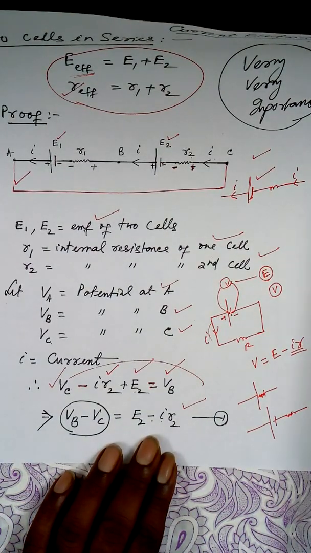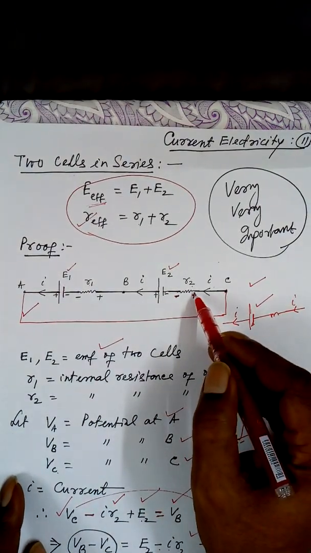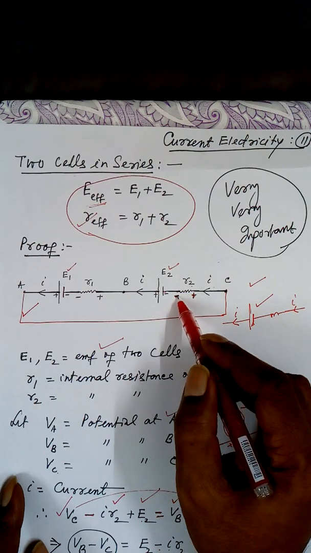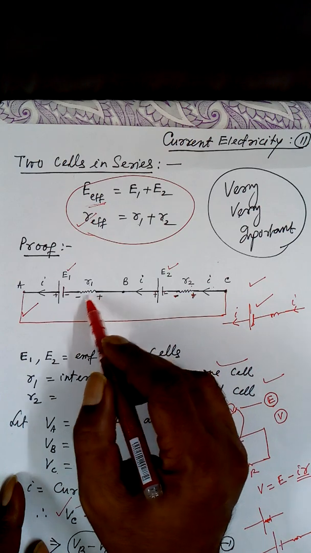Did you get my point? The side from which current is entering the resistance, make it positive. The side from which it is leaving, make it negative. The side from which current is entering is positive, therefore the other side is negative.